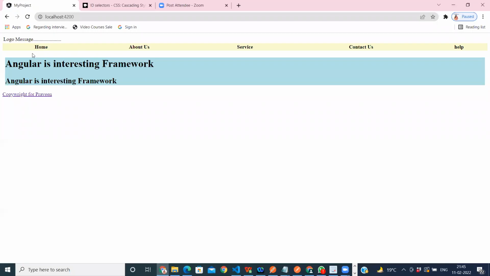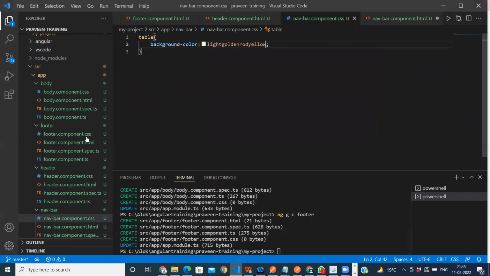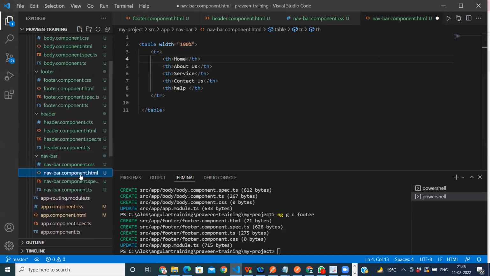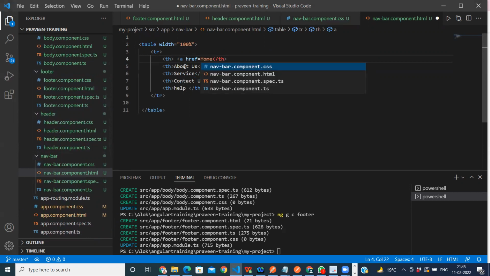Now I want to connect this link, Home, About Us. Then how does it work? The most important thing is routing. Now go to the navbar section and give another link here. Suppose a href equal to